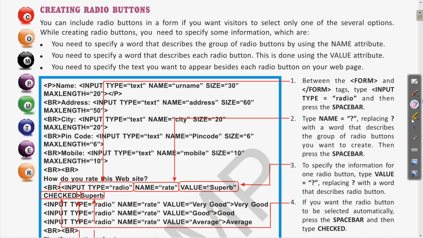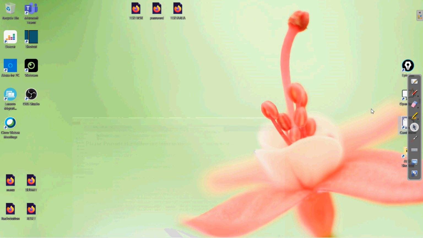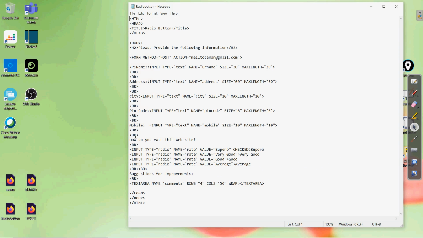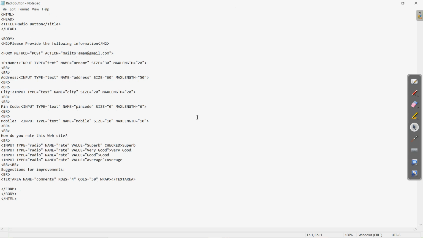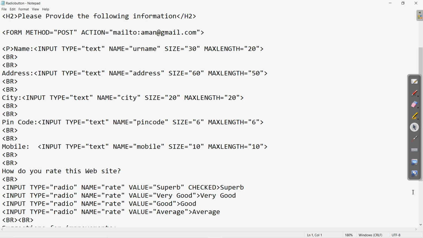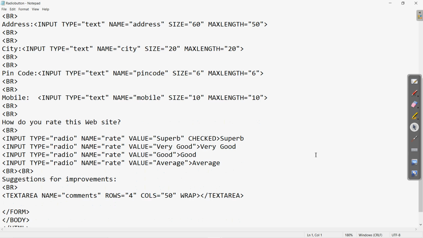So first erase this. If I come again to the desktop, here we have written the radio button program. Let us open it again with Notepad. So here it is. Let us zoom in. All of the earlier elements are the same: name, address, these were all input boxes.